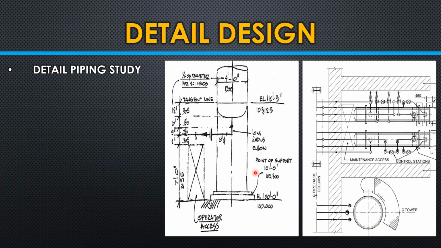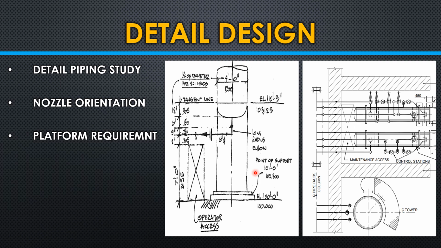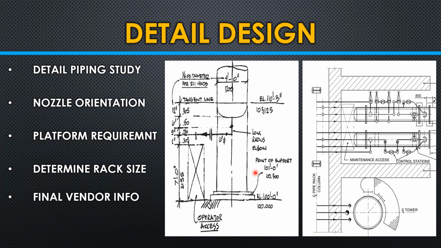So, in detailed design, basically we do a complete detailed piping study, and we will finalize the nozzle orientations, and the platform requirements also will be addressed. And during detail engineering, you have to determine the exact rack size, I mean the pipe rack size, so that the routing will be finalized, because unless you finalize the pipe rack sizes, you will not be ensuring the actual pipe routing. So, that is very much important, and you will receive all the vendor drawings, so that you